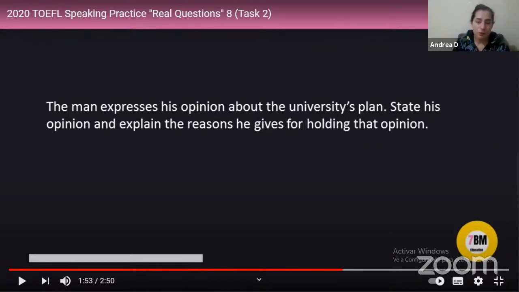Now, if you think about it, they're not asking about the university anywhere. You don't have anything like, summarize the change and the reasons, or summarize the university's proposal. You don't have anything such. So of course, in your response, you're going to have to talk more about the student and less about the university. But that doesn't mean that you don't have to mention the university at all, and you don't have to give